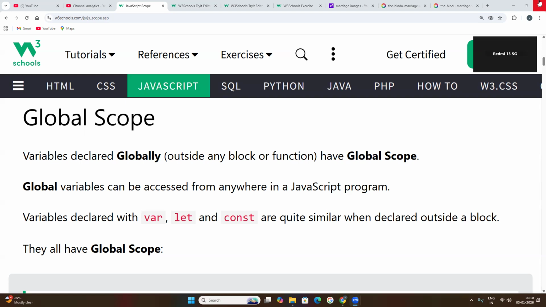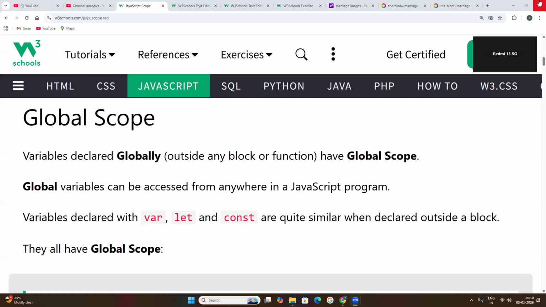So today's topic is JavaScript. As I told you, JavaScript is the programming language mostly used to develop web pages. There are three main languages: HTML, hypertext markup language; CSS, cascading style sheets; and JavaScript.